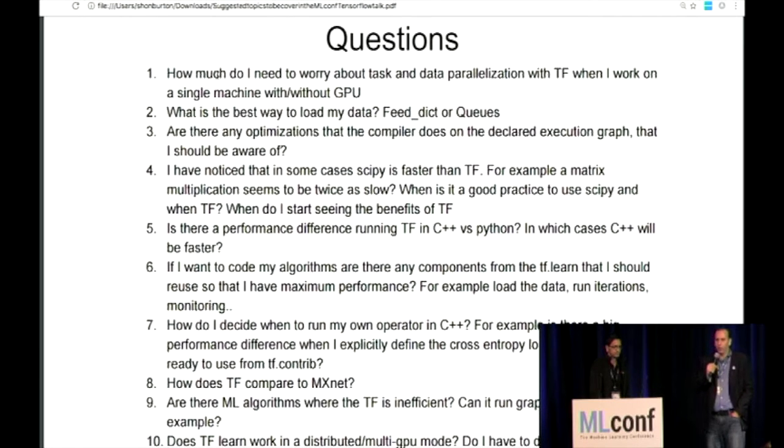I know that there's a whole chapter about how to write your own operations, your own nodes in TensorFlow, especially in C++. And I've seen that you've actually implemented a lot of utility functions like cross-entropy. Now the question is, if I implement cross-entropy with TF operators like multiplication and addition versus using the one that you've implemented at a low level, is there a big difference? Is there more overhead if I implement it on my own?